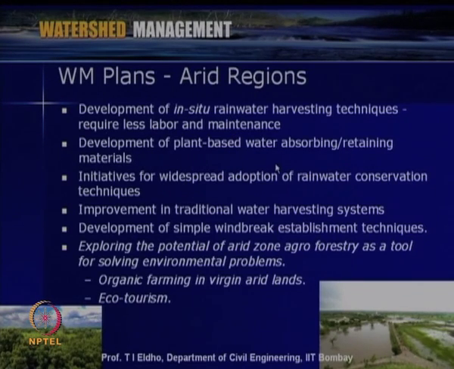As we discussed, the main issues are that the soil is not fertile, so there are land related issues. Then the water availability is very less, so water related problems are there. Then the people's total income is much less. There are so many issues as we discussed. So, within this perspective, how can we go for better watershed management plans? Let us discuss these issues.